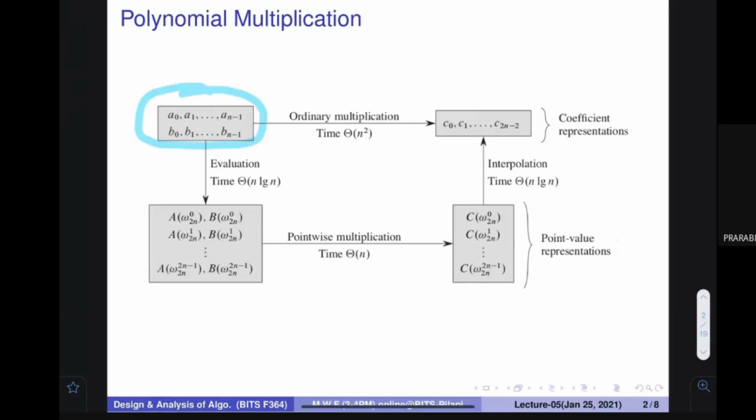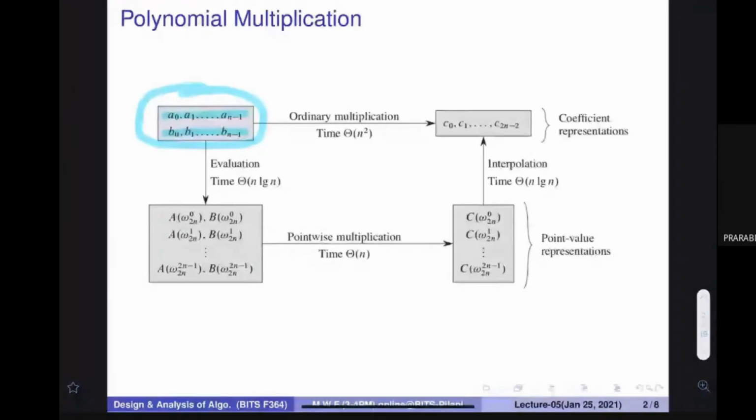Everybody understand this? Let's assume that these are coefficients. Can anybody write yes that you understand this? Because I have not seen anything on the chat. Everybody please write yes so that we can go forward. Good. Okay. So I wanted to tell you that let's assume that you have two polynomials. This is the first polynomial, and this is the second polynomial.